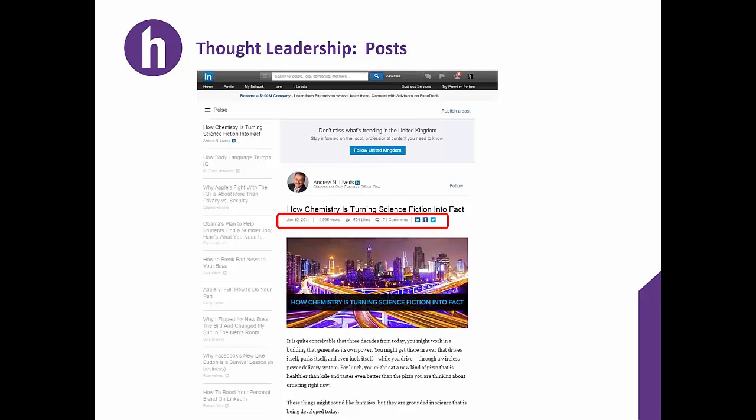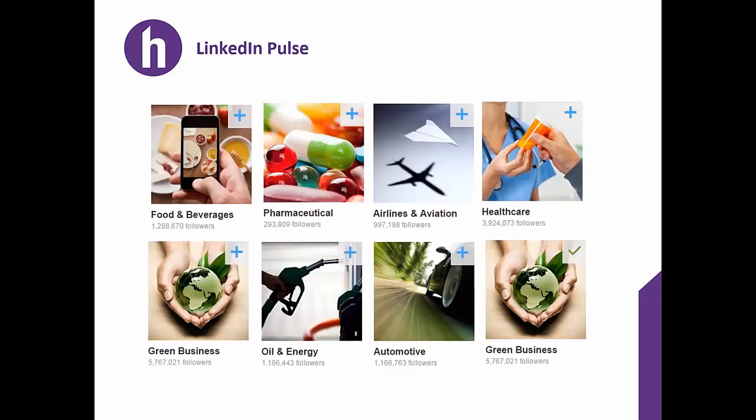But what's more interesting about writing posts and thought leadership pieces on LinkedIn is that LinkedIn also has something called LinkedIn Pulse. Essentially, these are thematic channels where particular groups of people get together who are interested in pharmaceuticals, healthcare, oil or energy or green business, and the editors of these channels are looking for posts that they can feature on Pulse.